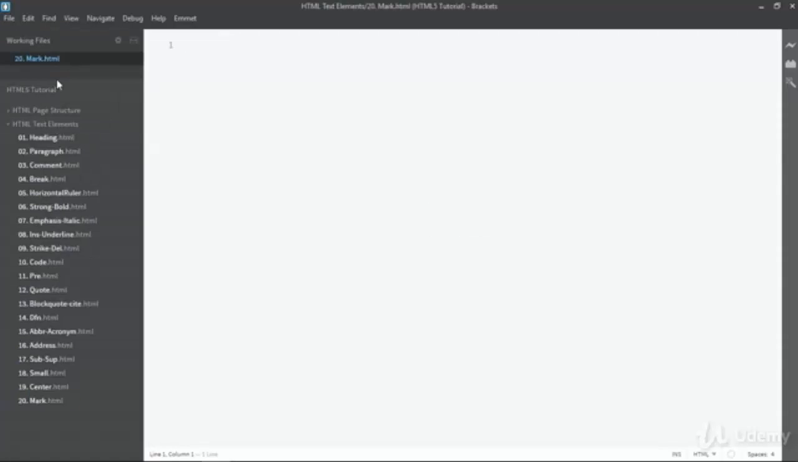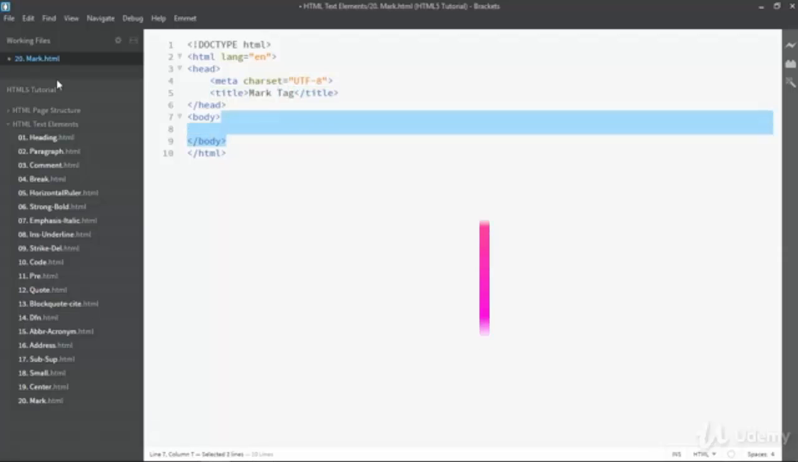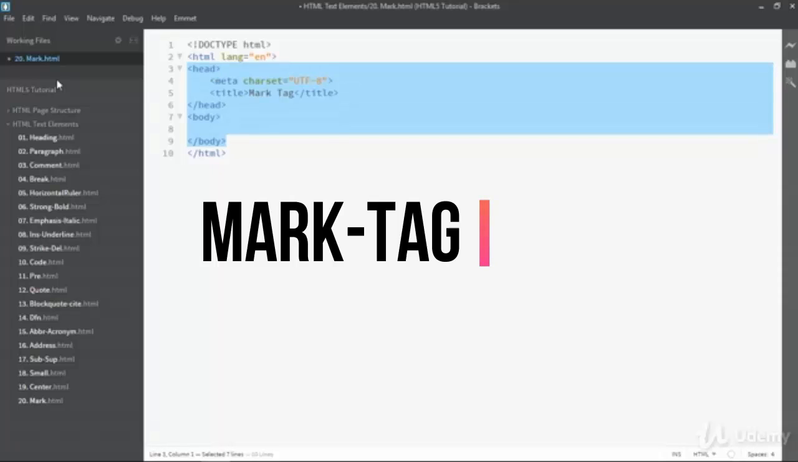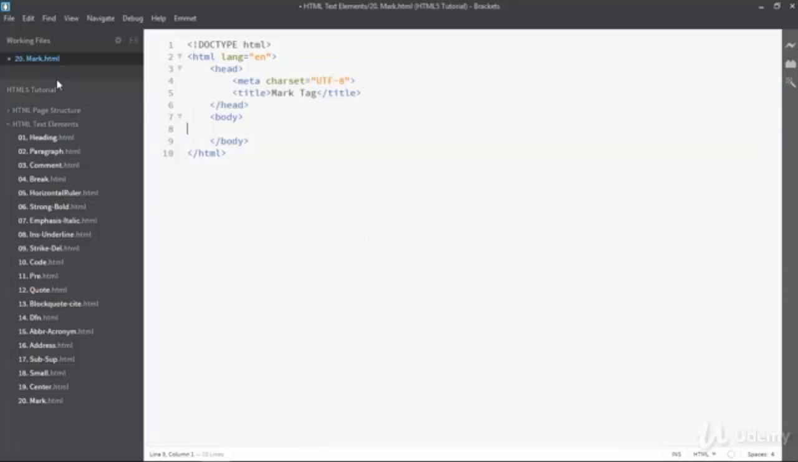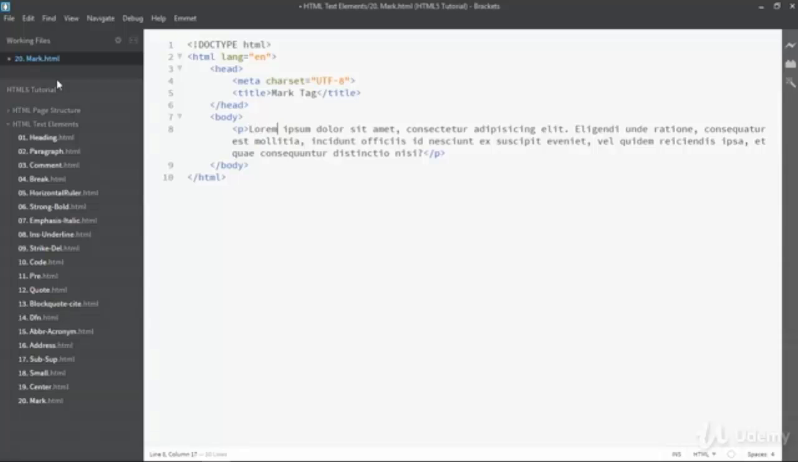HTML, and here I am creating the basic skeleton of HTML file, and instead of document I am writing mark tag. Now I am going to indent these lines. Now in between body tag I am going to create a paragraph, and inside that I am typing some dummy text. Now if I want to highlight some text like emit